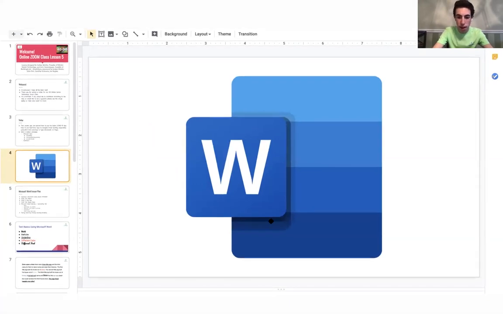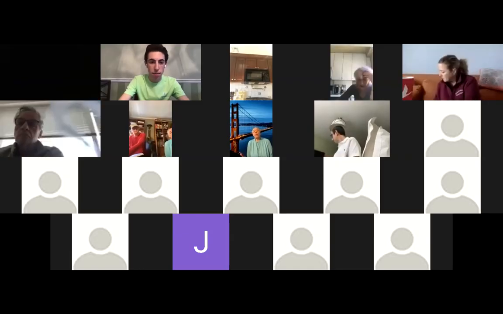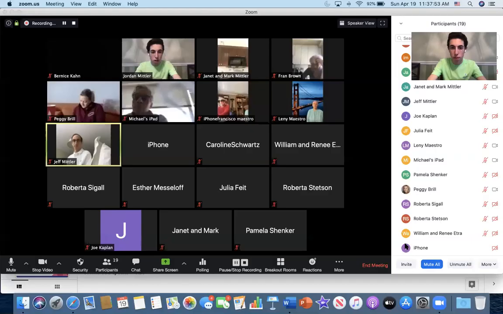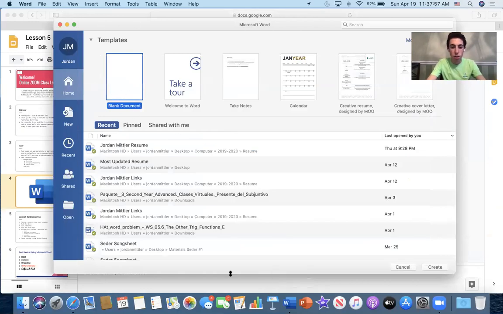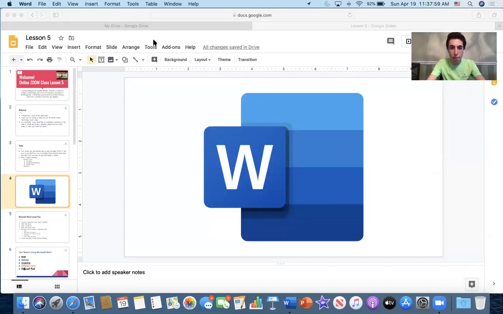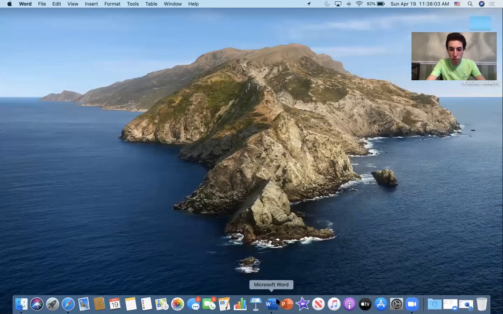I'm going to go straight into it. I'm hoping everyone can see my screen right now. Let me pull up my computer. If everyone can see all the way at the bottom of my screen, I'm highlighting it over here where it says Microsoft Word.